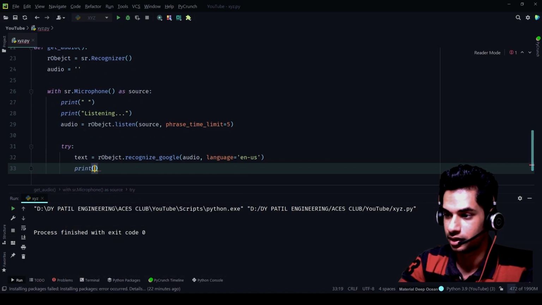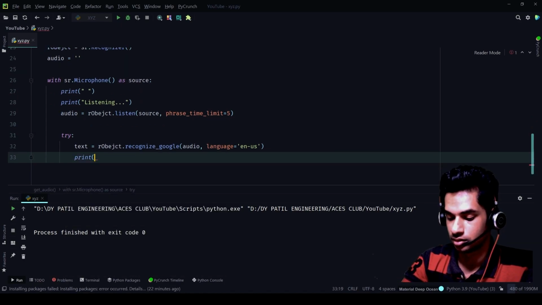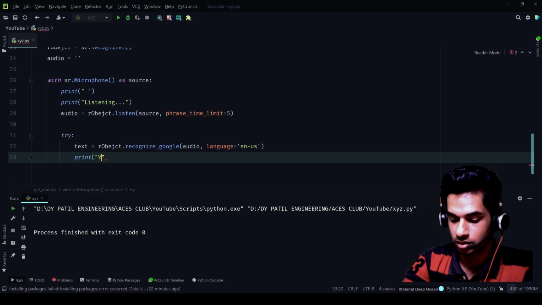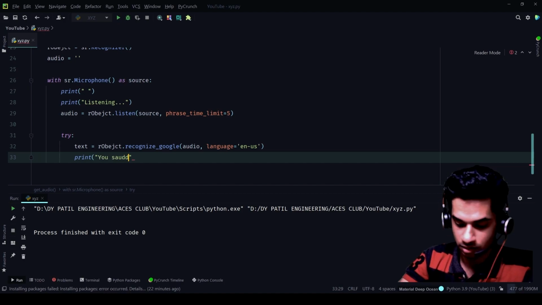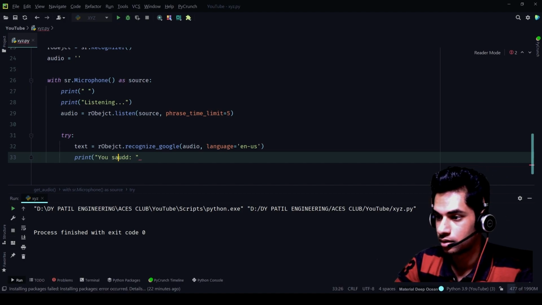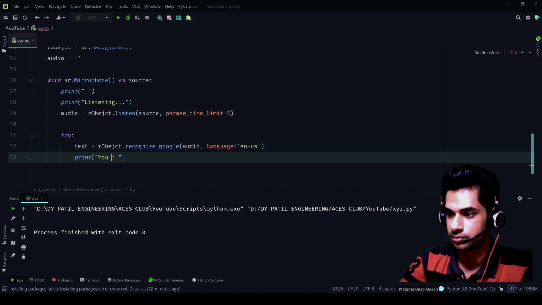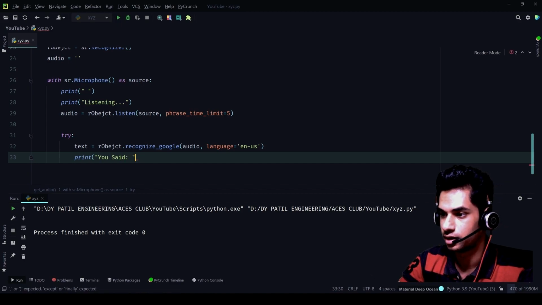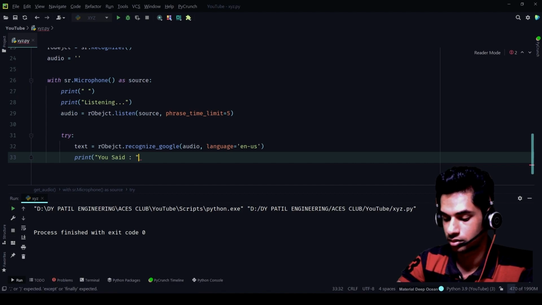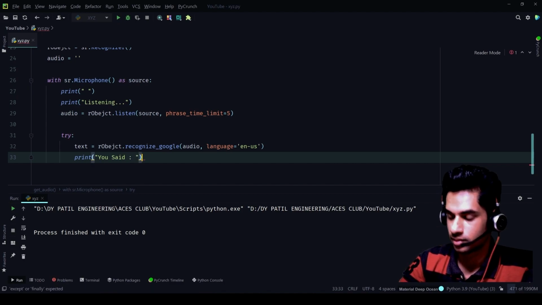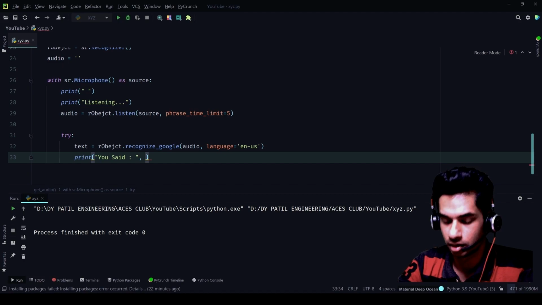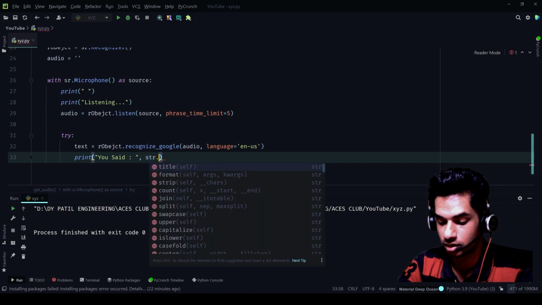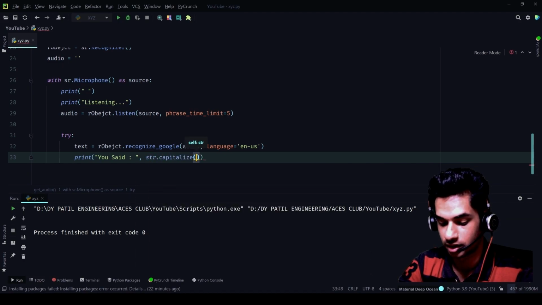Now we'll say print you said, comma. Now we're going to do str dot capitalize text.